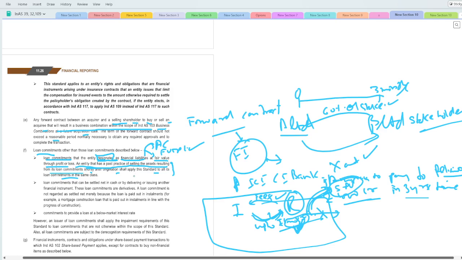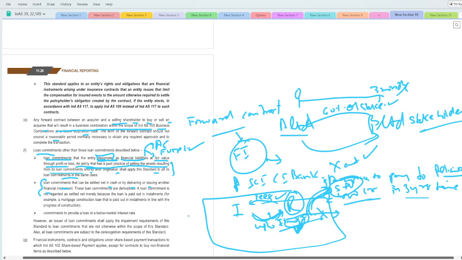तो अगर वो है तब भी आपको इस पर्टिकुलर लोन के लिए Ind AS 109, that is the financial instrument accounting standard, ही फॉलो करना पड़ेगा। Loan commitment can be settled net in cash or by delivering or issuing another financial instrument. ये लोन कमिटमेंट जो आपका नेट में सेटल हो रहा है, not in the gross. So here, if you see, ग्रॉस में फीस चल रहा है और यहाँ पे आप ये दे रहे हो नहीं, लेकिन आप इसको नेट में सेटल कर रहे हो, ठीक है।